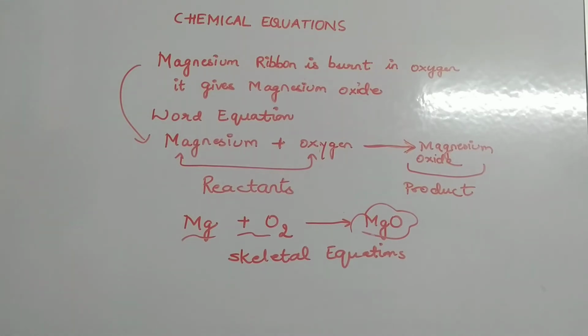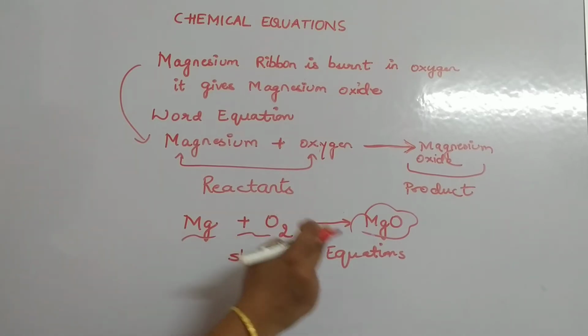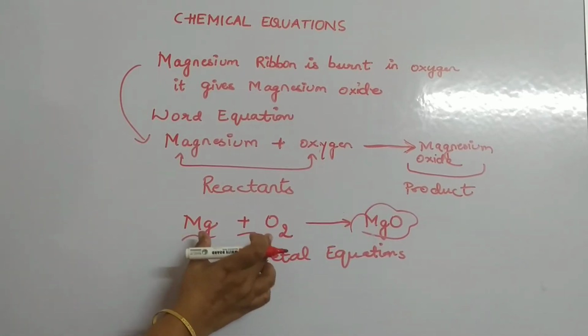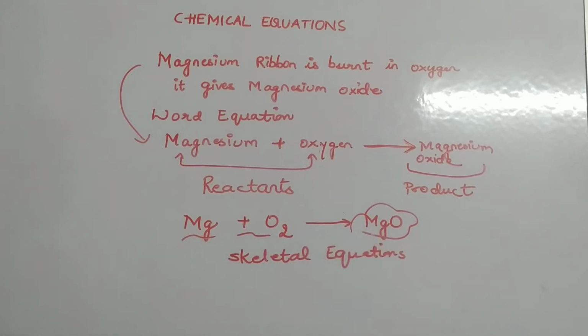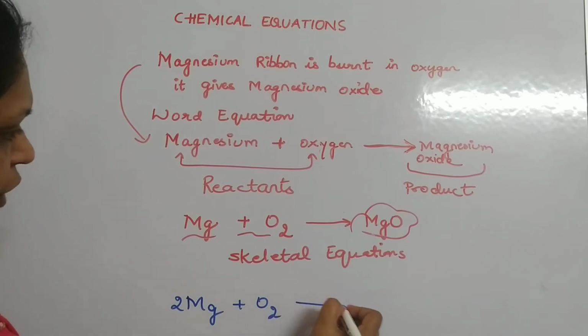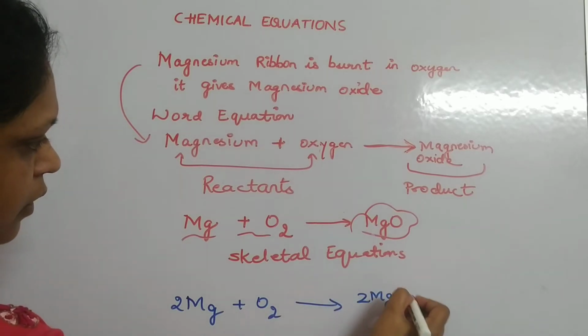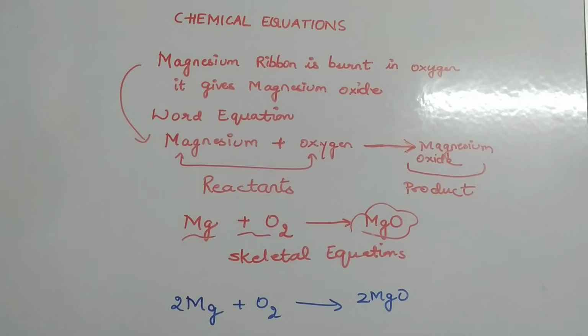But you know, in class 9 we have done a law called the law of conservation of mass. In that law you must have learned that the mass of reactants should always be equal to the mass of products. So how can we make it equal? By balancing it. So we always need to write a balanced equation, and to see how to balance it you can check my other videos. So we can balance it like this. There is a method. Now you can very well see that the equation is completely balanced, and we call it a balanced chemical equation.